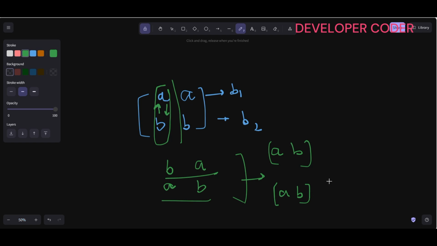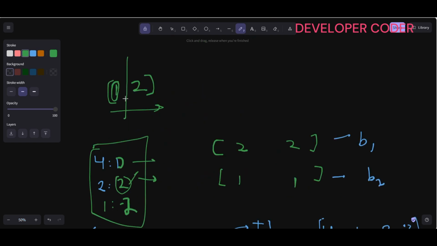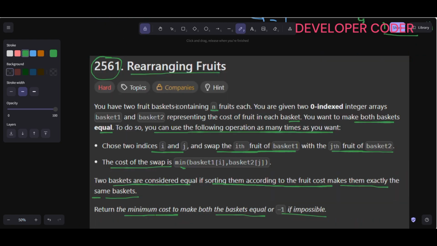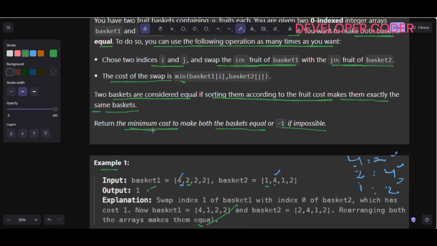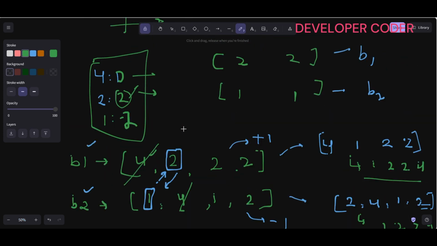Okay, both are getting fixed. But here, why am I writing 1 first and then 2? There is a reason. If you see here, we have to return the minimum cost to make both the baskets equal, or -1 if it's impossible, right? So now here